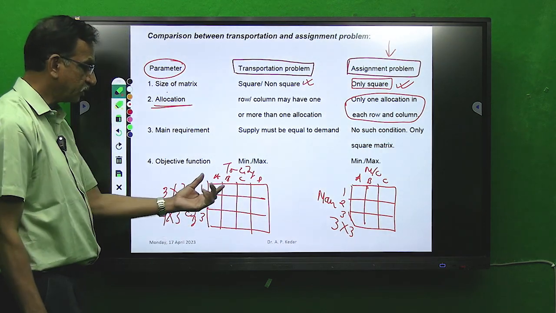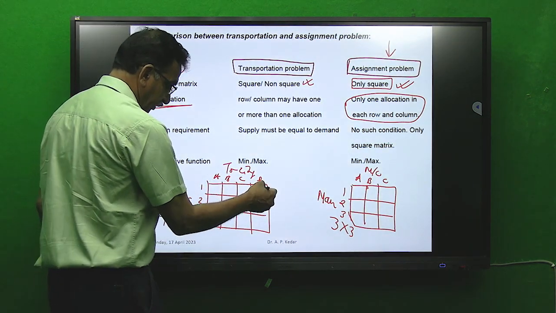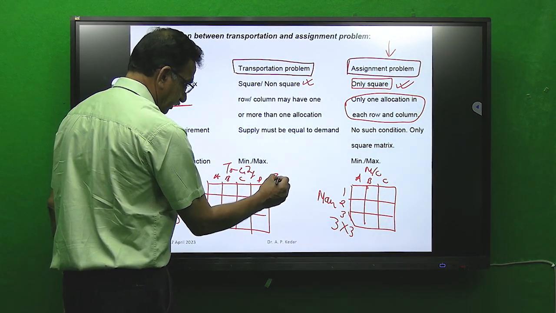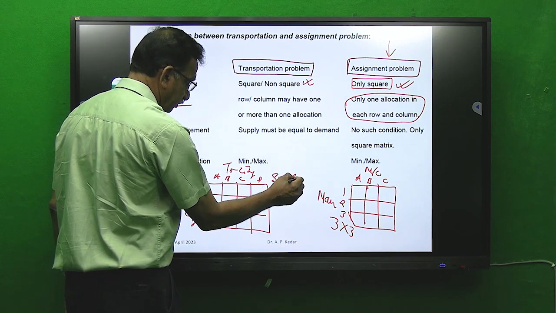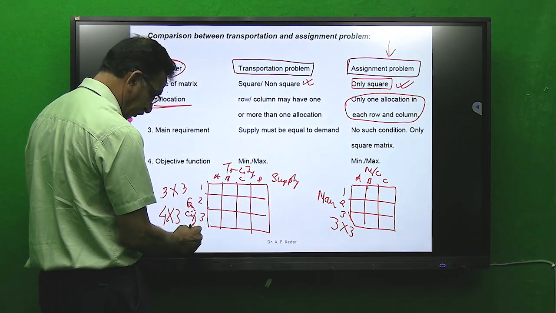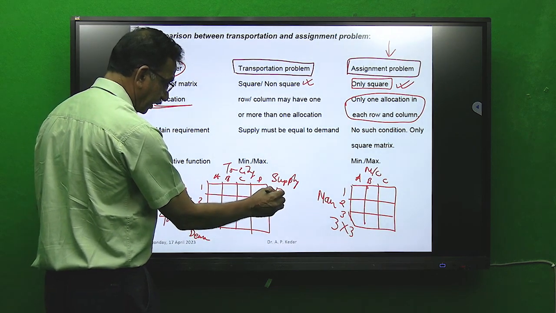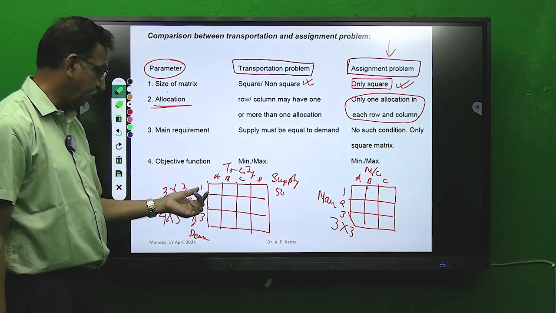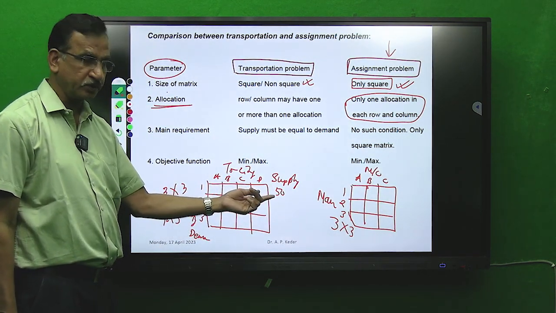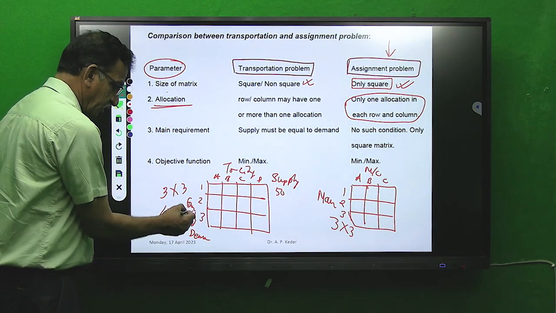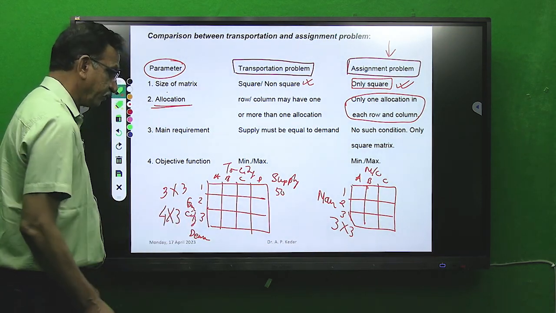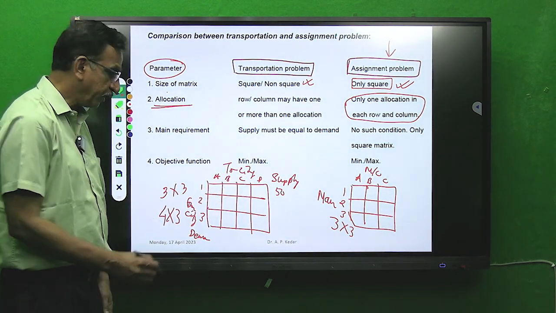Now here you can see, we will see this in detail in the transportation problem. Here suppose I am having some supply quantity, here I am having some demand quantity, and suppose the supply from city 1 is 50 units, or from city I can also write from factory. So this 50 I may divide like